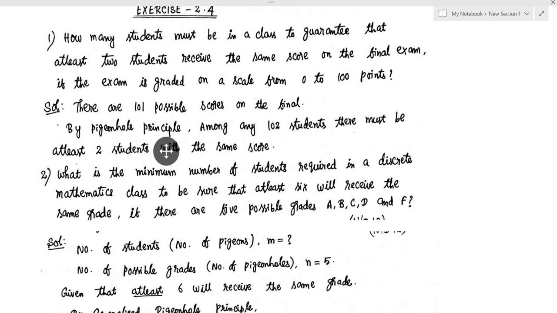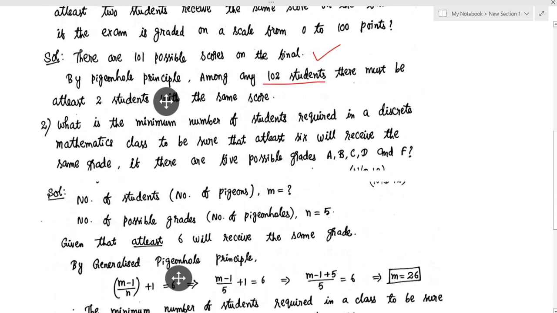That is 101. So solution: there are 101 possible scores on the final examination. Next, by the pigeonhole principle, among any 102 students, there must be at least two students with the same